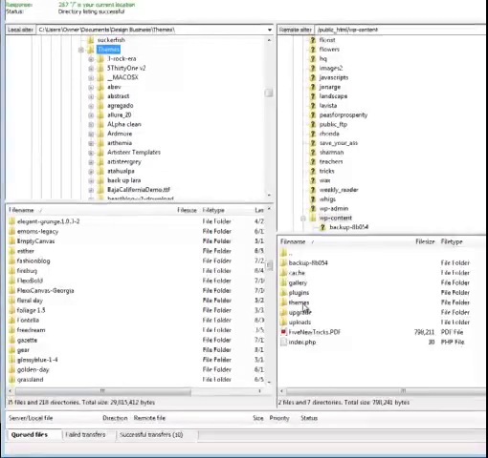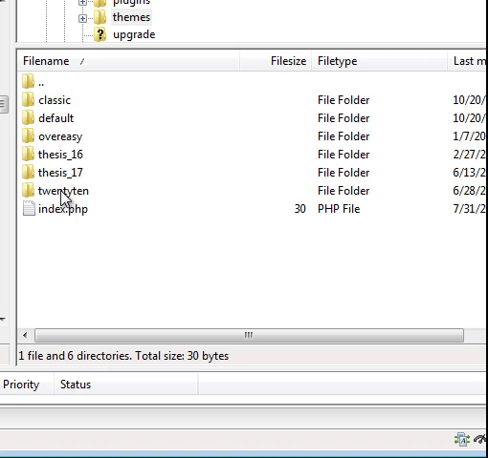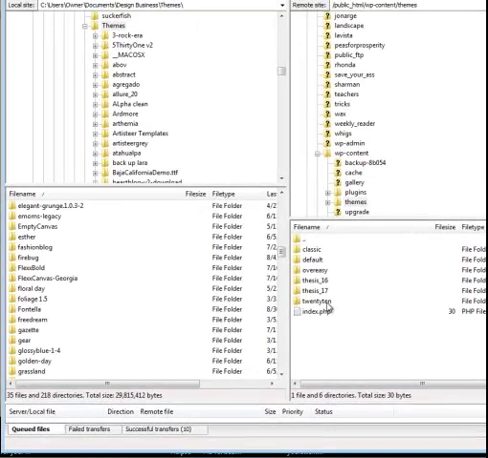The other really important thing that you're going to be doing with FTP is backing up. And this WP content folder is an important one to back up because there are some plugins that make a database backup but not a backup of your theme files. And before you ever start to edit your theme files, you should definitely go into the theme you're using. So for example, if we were going to start editing and customizing files in 2010, I would make a backup of that just by dragging it into a folder for the particular site that I'm working on, and I would call that my original 2010 files,